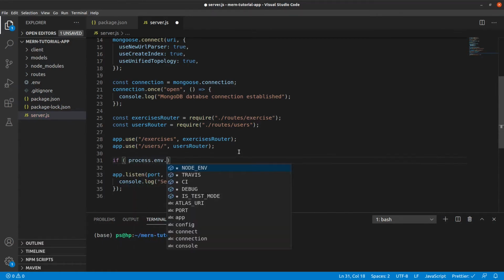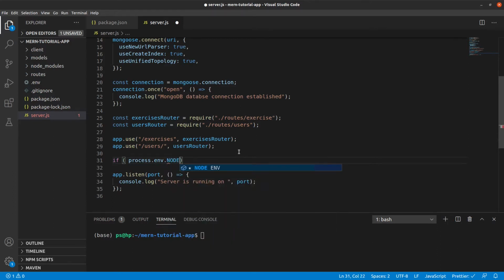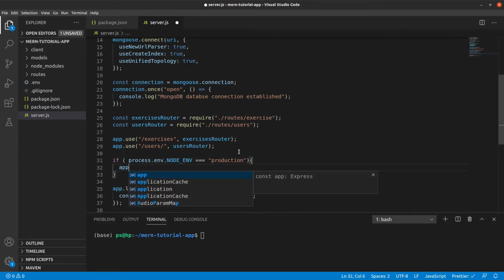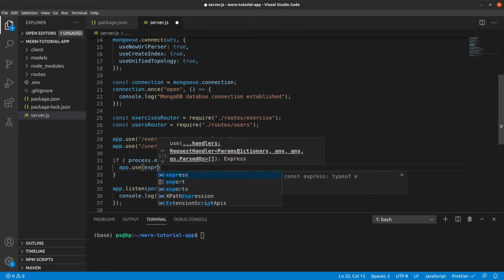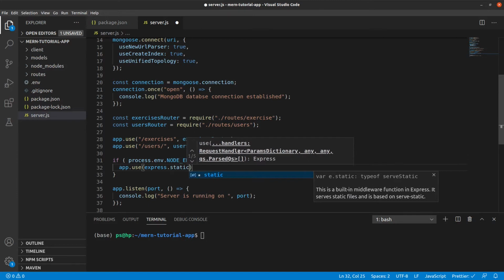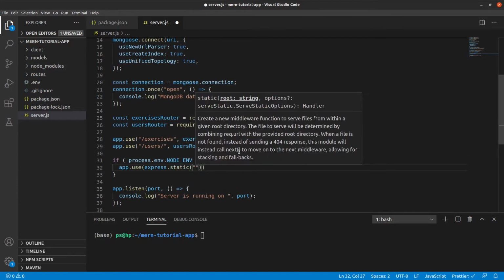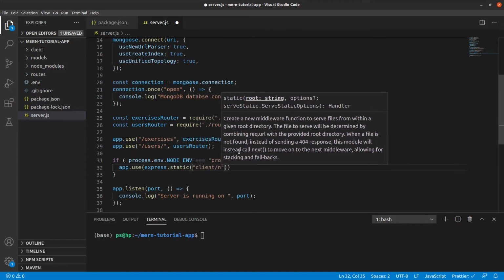You can tell Node.js to reflect one change, or run one particular logic, only for the production environment with the following condition. So you can actually check process.env.NODE_ENV. Okay, so if this is production, what I want to do here is tell my Node.js application that my static resources are going to lie under client/build.